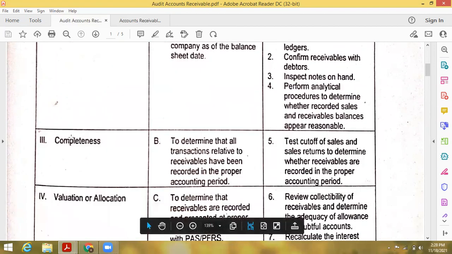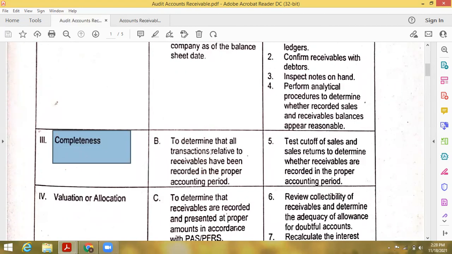So if completeness naman, we will check kung, this is to determine that all transactions relative to receivables have been properly recorded. Ito naman, check natin, tama ba lahat ng receivables ay na-record? Lahat ba ng transaction pertaining to receivables ay na-record? So, paano yon? Mag-test tayo ngayon ng